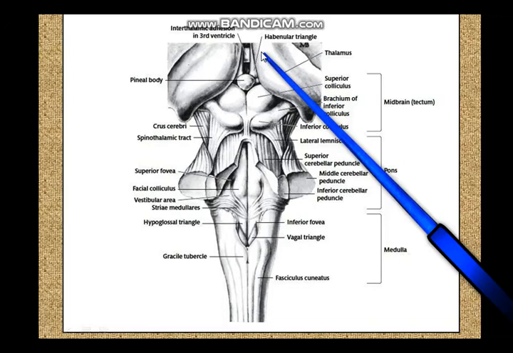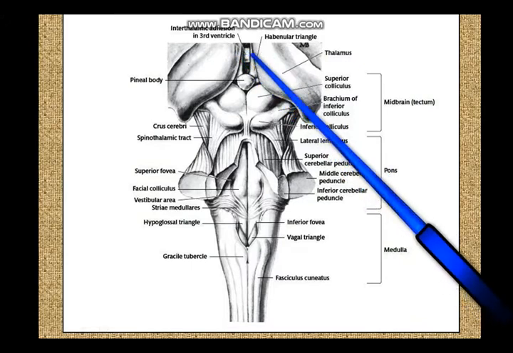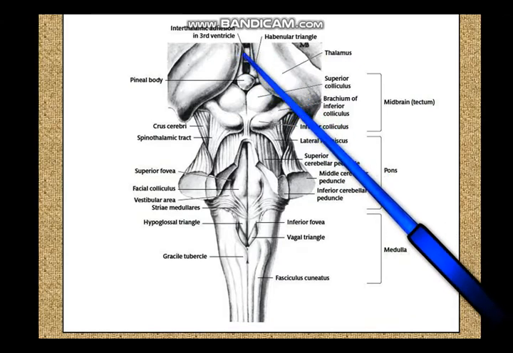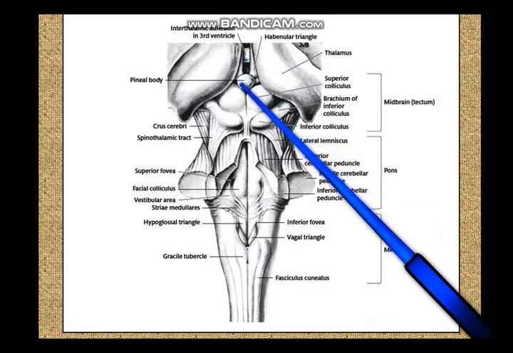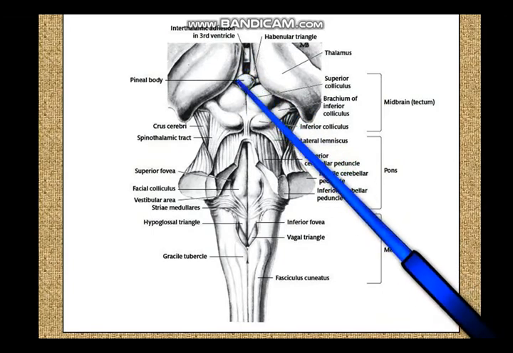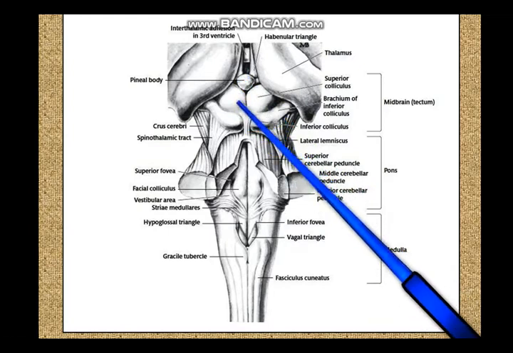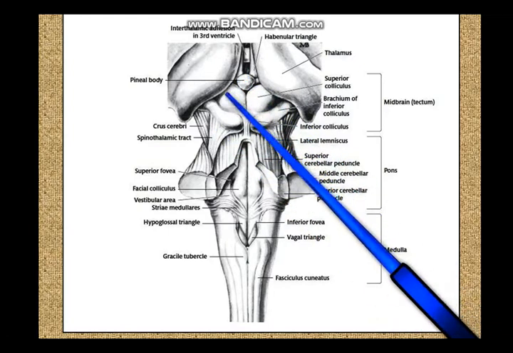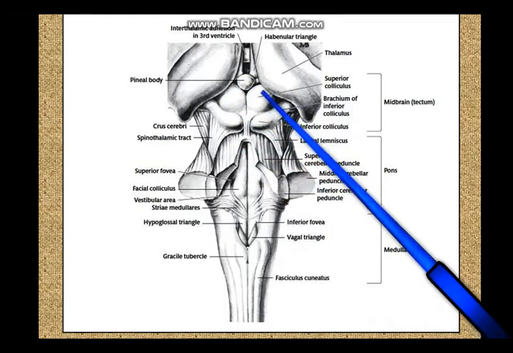So you already know that when you are studying the lateral wall of the third ventricle, over the thalamus there is a small bridge, that is the interthalamic adhesion. This is the interthalamic adhesion which you can see through the opened up posterior wall of the third ventricle. And in the posterior wall of the third ventricle you had the pineal body. So this is the pineal body, and below the pineal body you have the midbrain. So the midbrain starts from here. You have the superior colliculi, the pair.